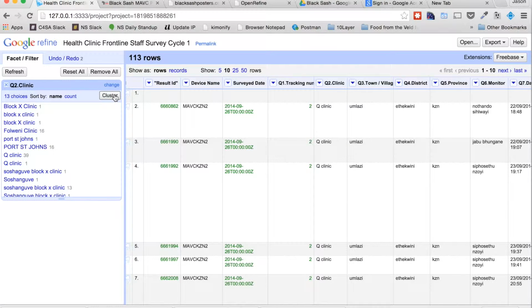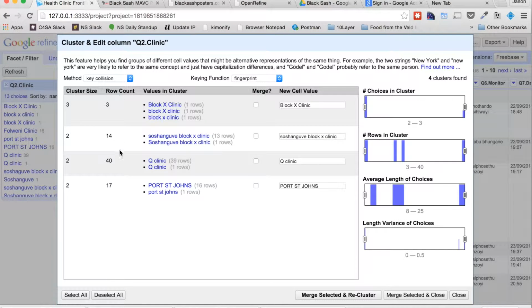What I can do now is get Google Refine to help me a little bit. I'm going to click cluster over here, and what it's going to do is try and find similar phrases and let me merge them into a single phrase. So this block X clinic will be merged. The Shoshanguve block X clinic, which is probably also block X clinic, so I'm just going to make that all the same. And then there's Q clinic, and then there's Port St. John's, which I'm just going to